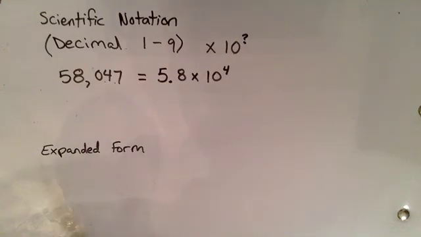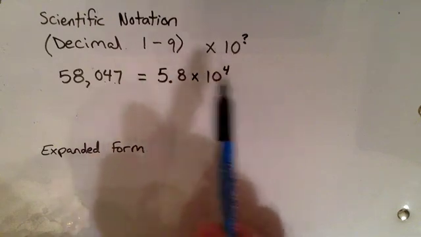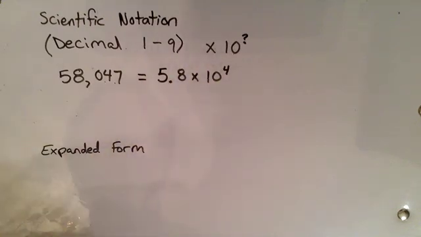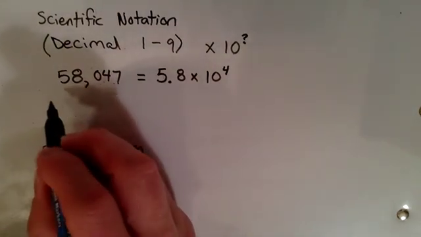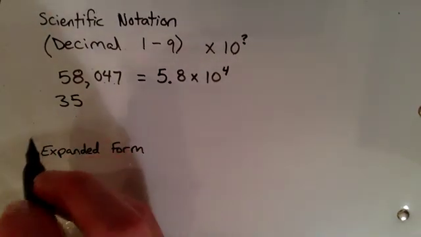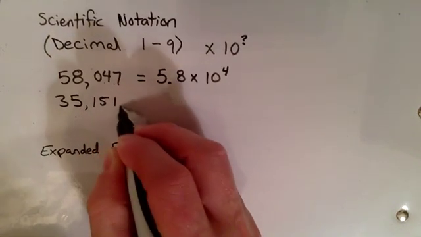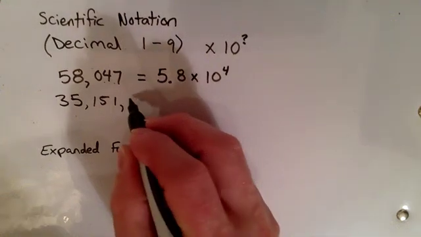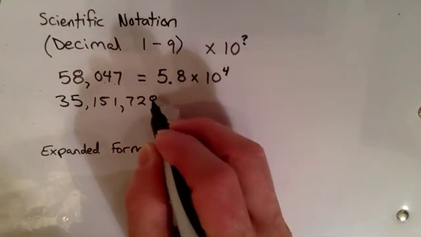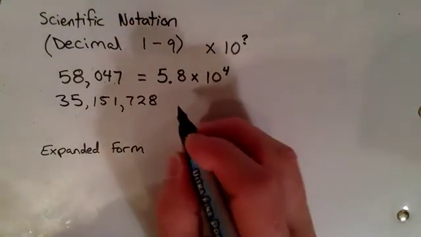And when I look at it right now, for this size of population, it doesn't really have any real benefits to writing it in this way. But as the numbers get larger, for example, the population of Canada in the latest census numbers has it at 35,151,728. So that's a bit of a bigger number. And if we change that